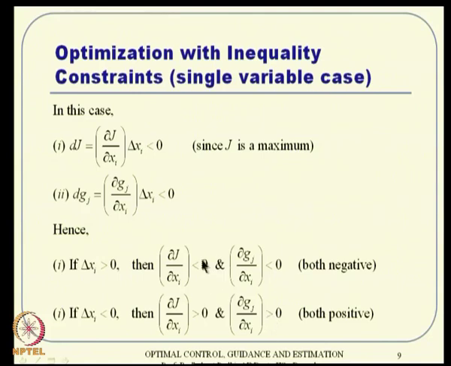The thing to note here is that both of them have to be either negative or both of them have to be positive. That is the conclusion for a maximization problem, remember. Now, if it is a minimization problem, this sign will alter, this will become positive here, and then your inferences will have to be of opposite signs to each other. Now, let us not worry about that. We are considering a maximization problem and this is what happens. Both the things will take the same sign basically.